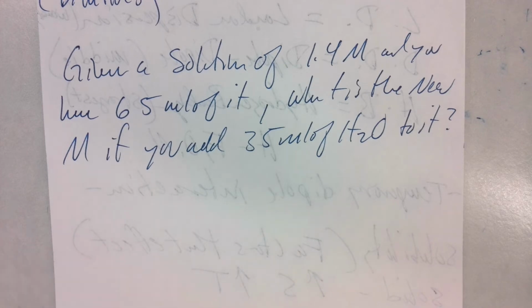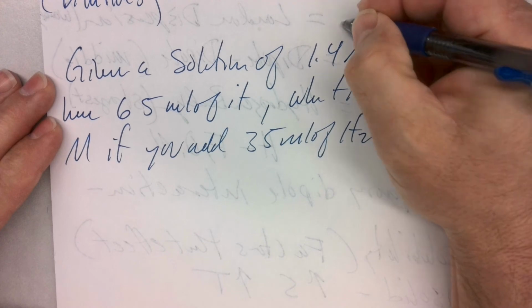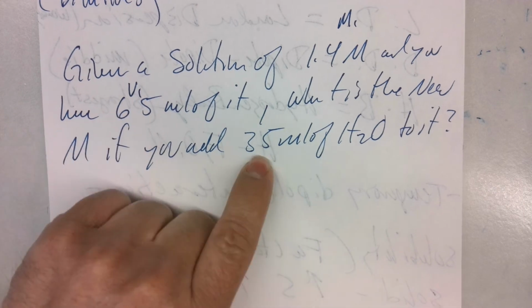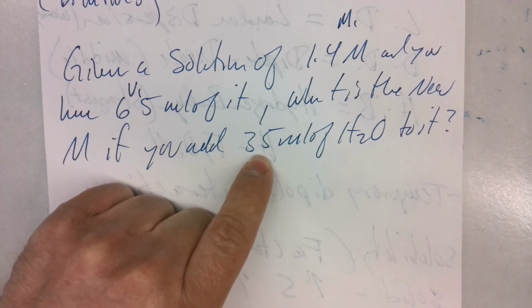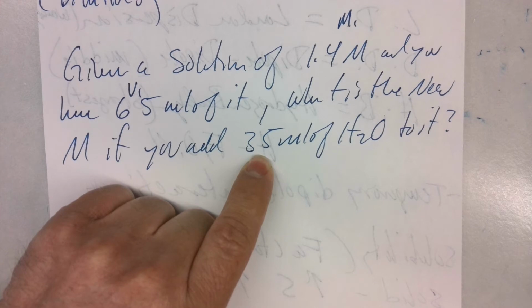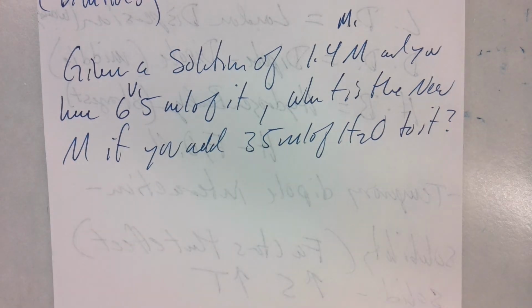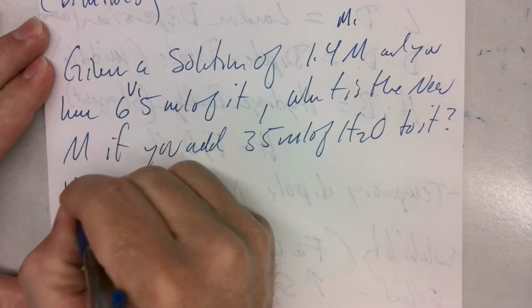So let me show you what we usually did here. We usually just figured out which one was M1 and V1 and M2 and V2. So here I would say that's going to be M1. That means that's got to be V1, right? Well, is that my V2? No, you have to add it. Exactly. That's what was different about this. That is not my V2. Because I'm adding that many milliliters of water, my new V2 is what?